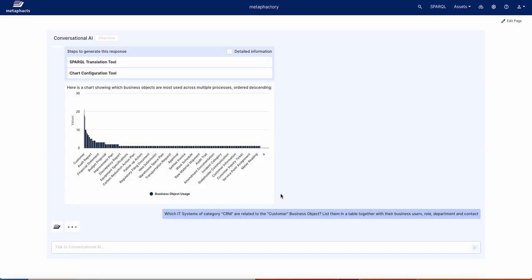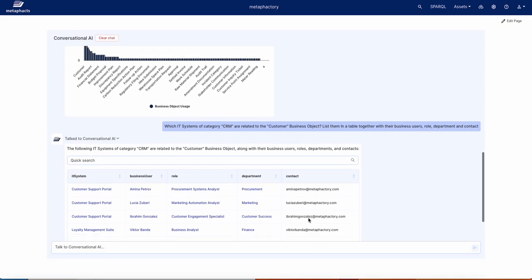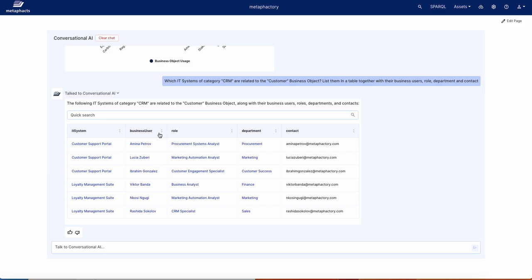Now, obviously, this question is taking a little bit longer because in this case, the agent will need to identify which entities we are talking about. Now we are referring to CRM, we are referring to customer. All of these different entities will need to be linked, and then the result will possibly be generated. So here we see that there are 2 IT systems of category CRM that are linked to